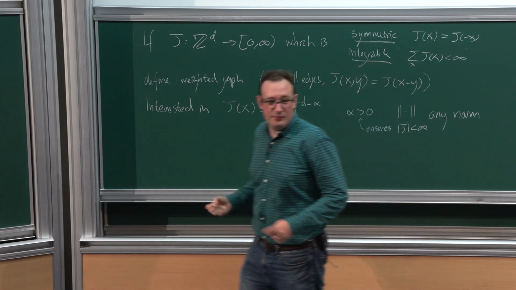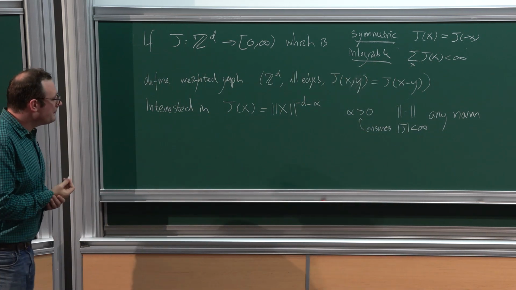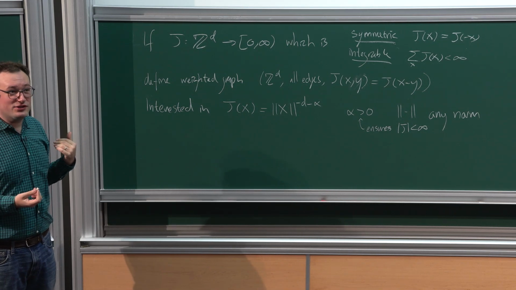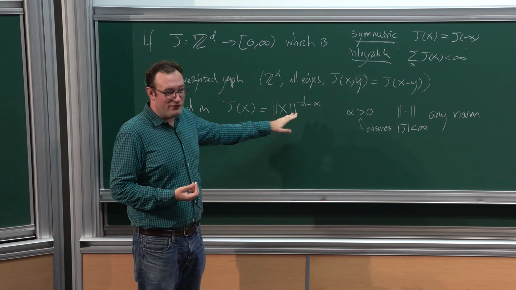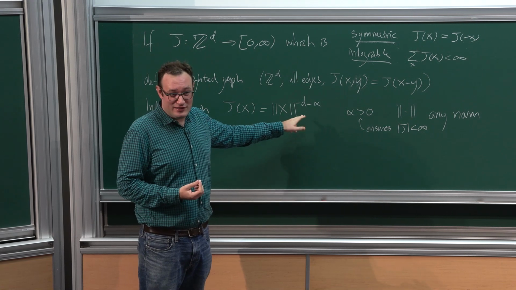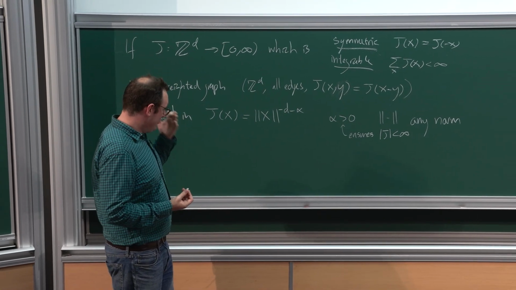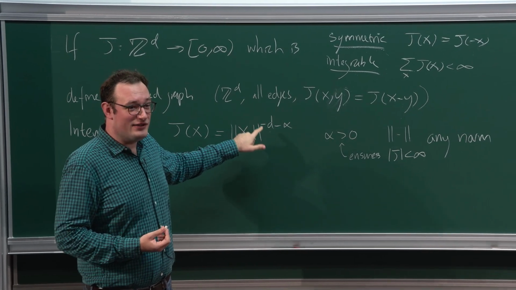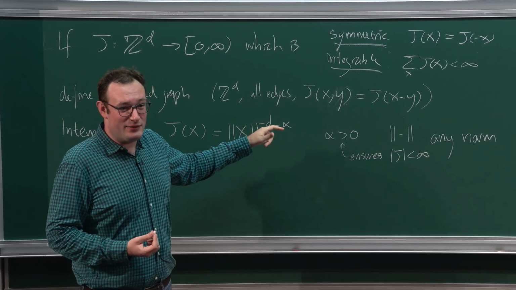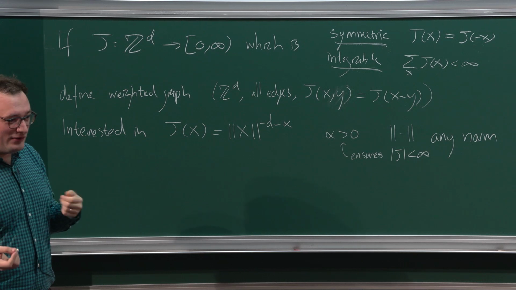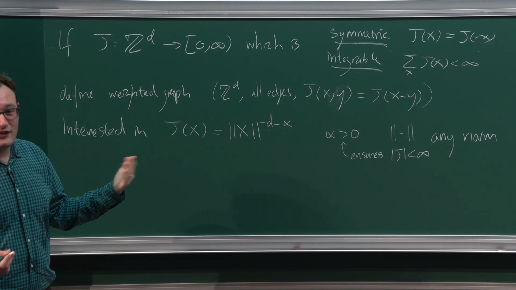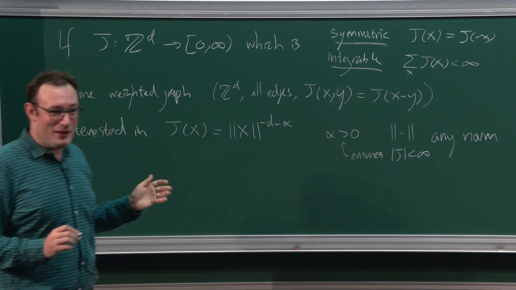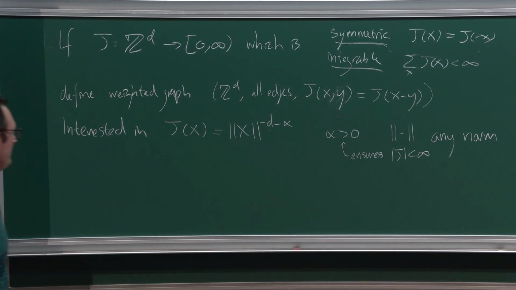Okay, that's a simple calculus exercise you can check. Just as a warning, within the long-range percolation literature, there are a few different notational conventions one sees for this power. Sometimes what I've written as d plus alpha is just written as alpha. It's often called s as well. I'll be talking a lot about the regime alpha between 0 and d. You'll often see s between d and 2d, and if you read other papers, that's exactly equivalent to this.